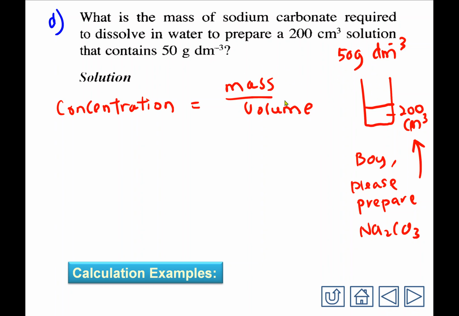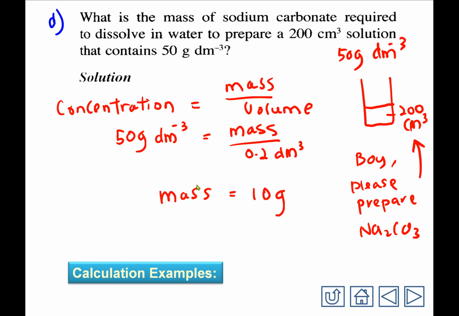You don't know. But the volume you already know, 200 ml, which is 0.2 cubic dm. So now make the calculation. So mass equals 50 times 0.2, 10 gram 嘛。